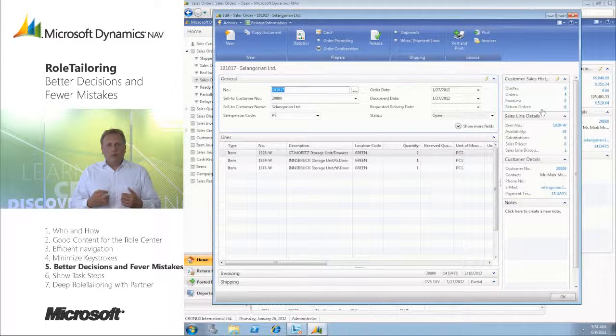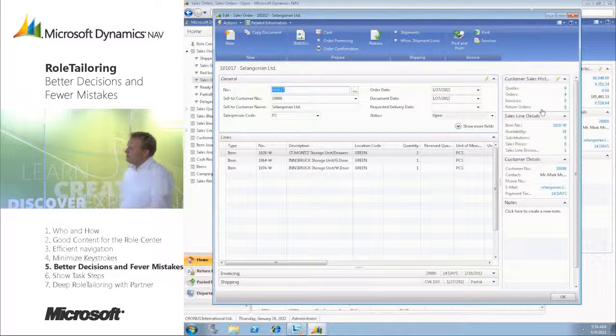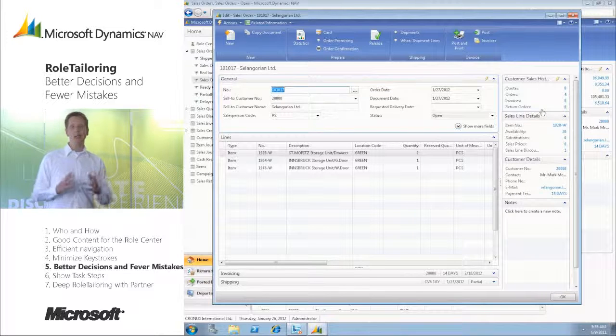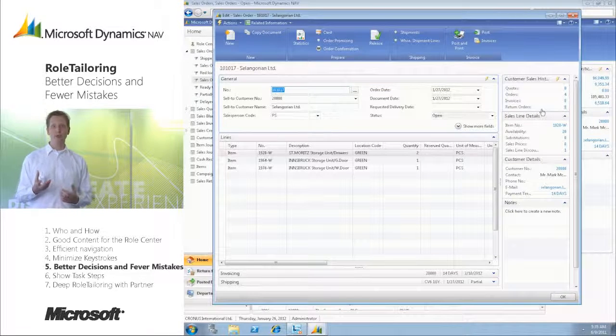Again, I can do this for me as an end user. I can do this for people of the same role that I have. And people of other roles can actually see different fact boxes that relate to the work that they have when looking at a sales order, for example, people in shipping and in warehouse. Morten? So the key point about fact boxes is they can help users get information that they would otherwise have